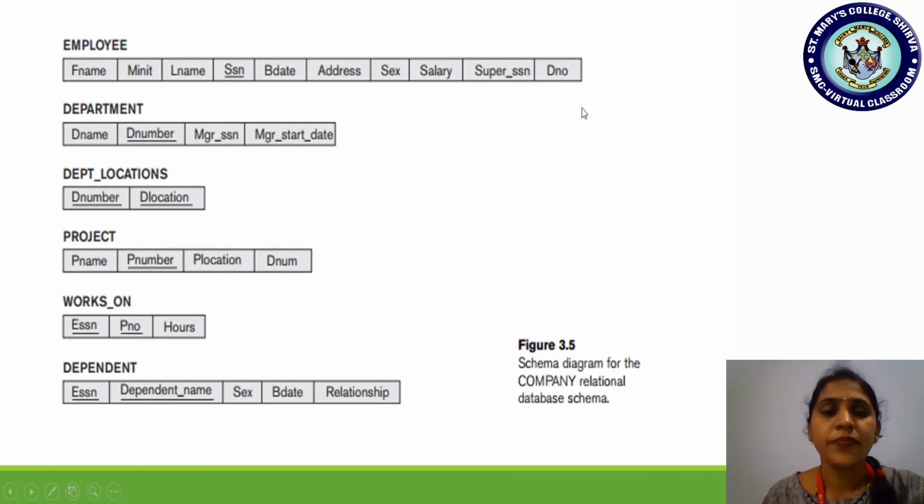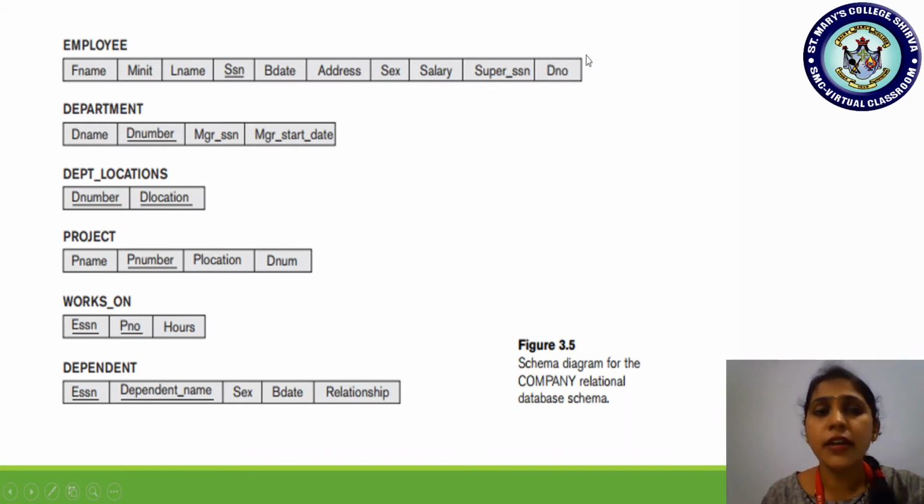Is that clear? And when department number, the primary key of relation 2, is found in any other relation, see here, department number is a primary key, and this primary key information is shown in the other relation, that is the employee relation.